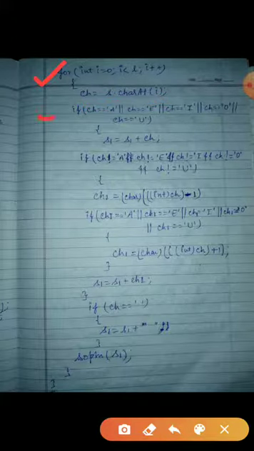Then what will you do? You will check first whether CH is equal to A, E, I, O, U. Is it equal to any one vowel or not? If equal, then what will you do? Same character, no change. So I have taken one gullak, a string variable. That character will go in it. If the character is a vowel, then it will simply be stored in the gullak.